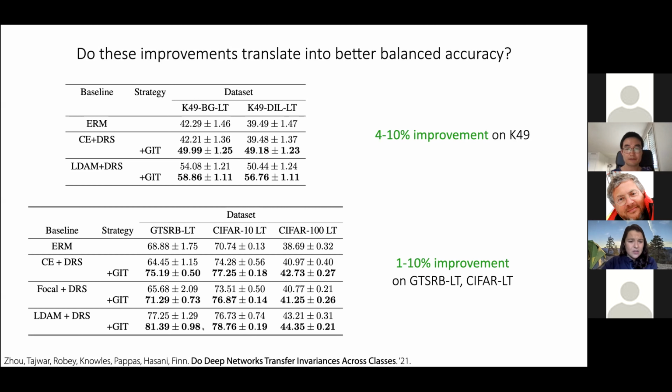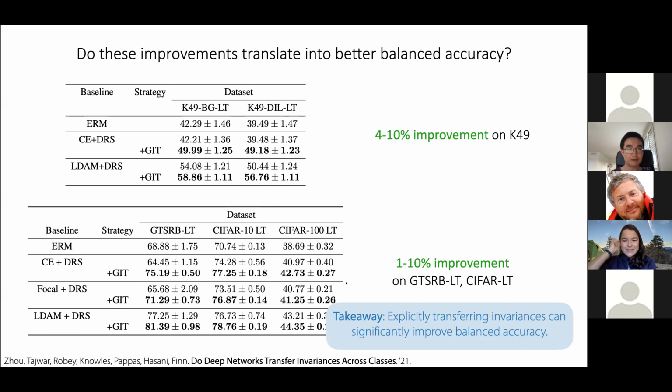We see the largest improvement on the German traffic signs. We see the smallest improvement on CIFAR-100. This is likely because of imperfections in the generative model. And I think that if you had a better generative model and tuned that model better, you would probably be able to get further improvements here.